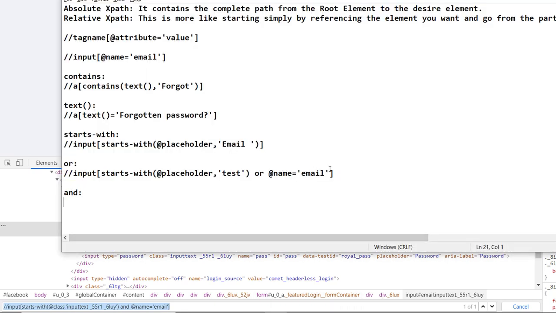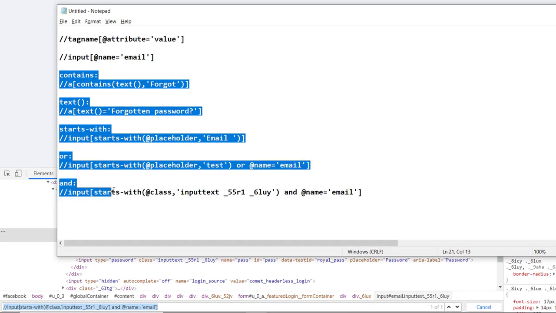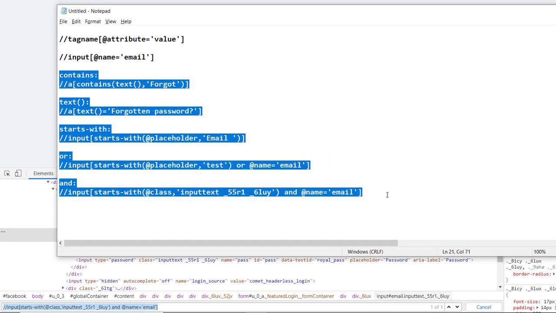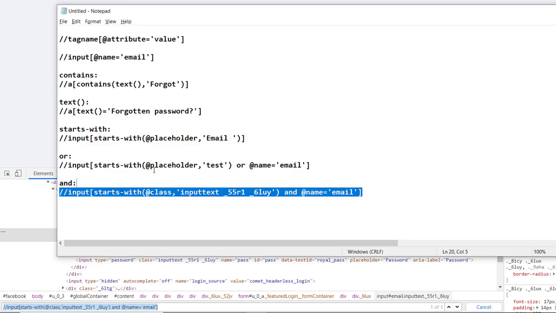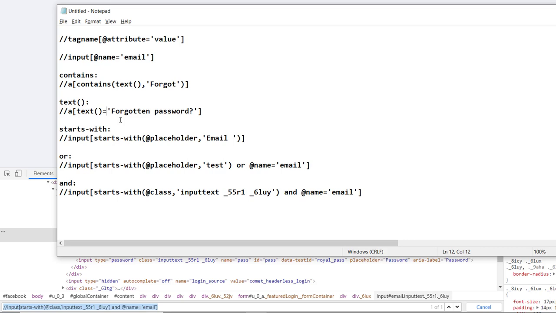So these are the basic methods we can use in our daily life whenever we are working with Selenium to write test scripts and create some XPath. There are more methods which can be used, like parent to locate the parent or some other things, but these are the basic methods we are using. So yeah, that's it for this tutorial.